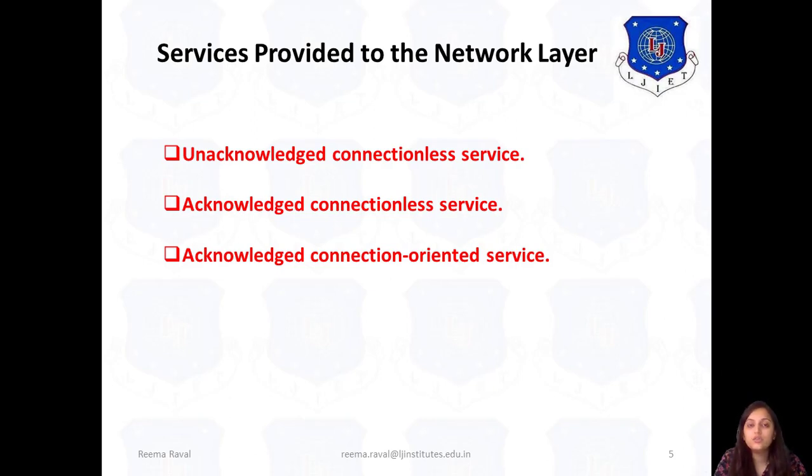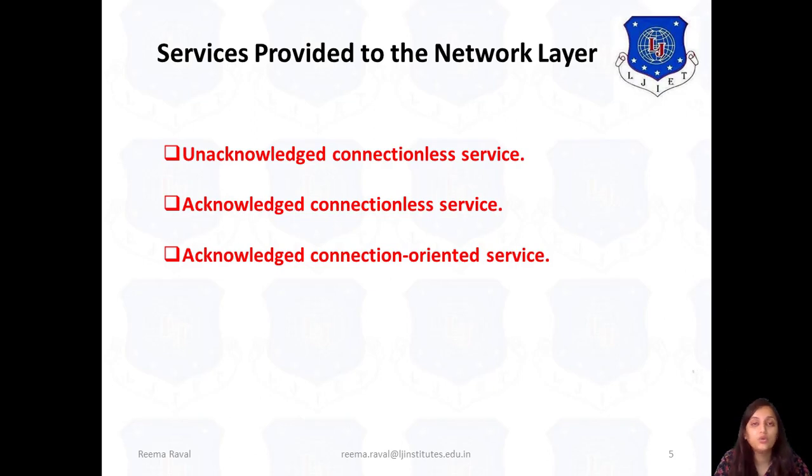This kind of service is used for real-time voice transmission where there is a requirement of sending the data, right? Here no actual or physical path is established between the transmitter and receiver. That's why it is called unacknowledged connectionless service, in which there is no acknowledgement of received data at the receiver side, as well as no actual path established between the transmitter and receiver. That means no logical connection is established before or afterwards, and this is suitable where the error rate is low.